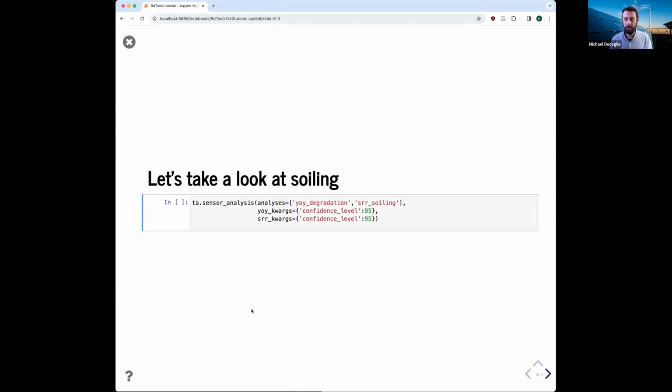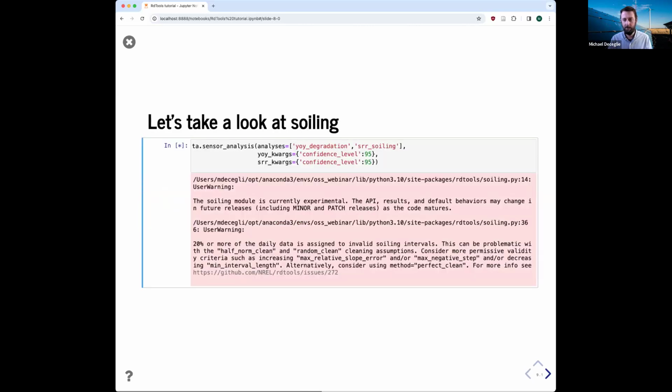So using our same trend analysis object that I've already set up and already ran, we can modify the analysis parameter to, in addition to including our year-on-year degradation, do our stochastic rate and recovery soiling analysis, which is the name of the algorithm. You can read the docs. They've got links to all of our papers about that if you really want to understand the details of that method. And then similarly, I can give some keyword arguments to the stochastic rate and recovery algorithm. I want to do it with 95% confidence. So let's run that. It's going to take a moment longer because